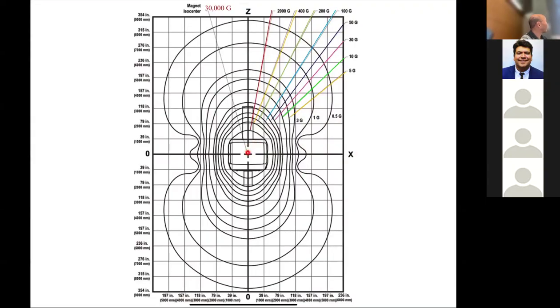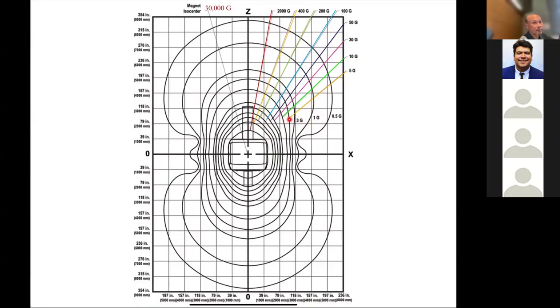At the center of the magnet, we're at 3 Tesla, I think, or what is this? 30,000 Gauss. Yeah, 3 Tesla. Or that's probably 1.5 Tesla. And out here, we try to be at the half Gauss line. That's considered the safe zone traditionally, where you want to keep the half Gauss line, or the Earth's field, within the field. And typically, the danger zone now is you absolutely have to keep the 5 Gauss line within